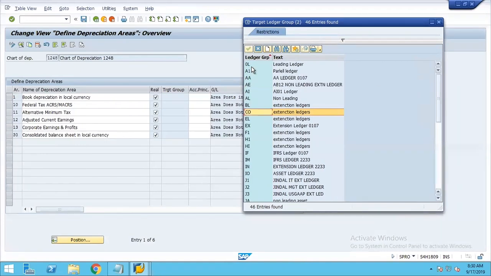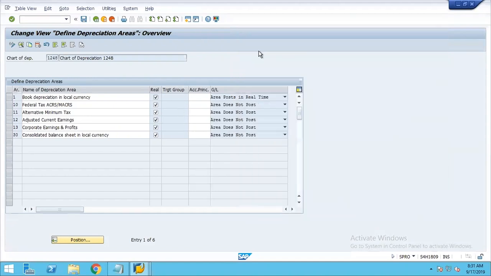So 0L, you can select 0L, or you can select the relevant ledger group. You can maintain all of them. And the next is these are all real time, which means all these are getting posted. But the real finance implication happens to one of the depreciation areas only. It means if you have one as areas in real